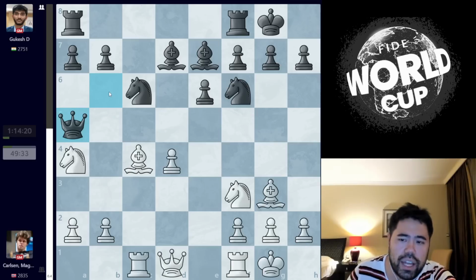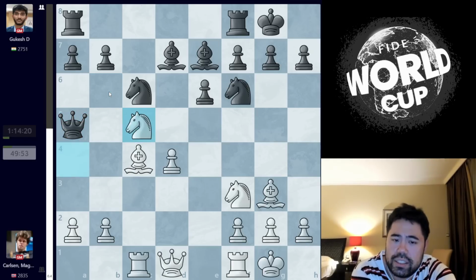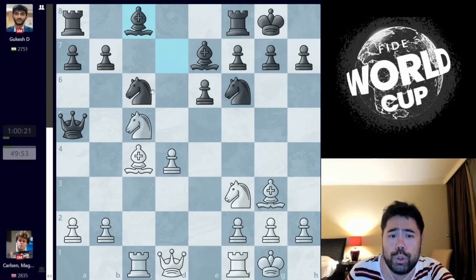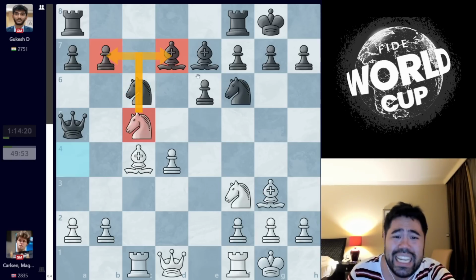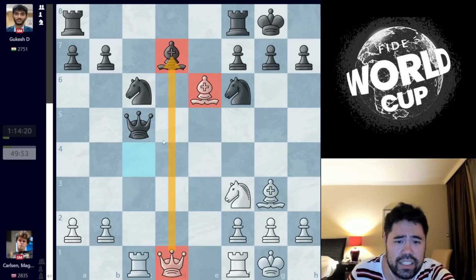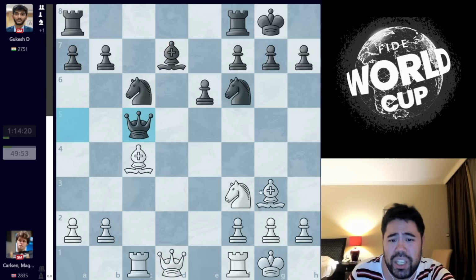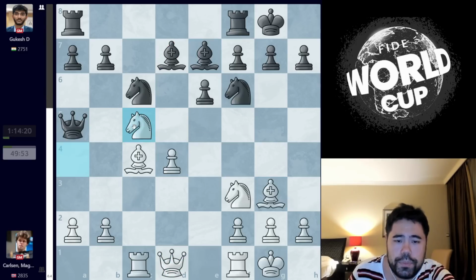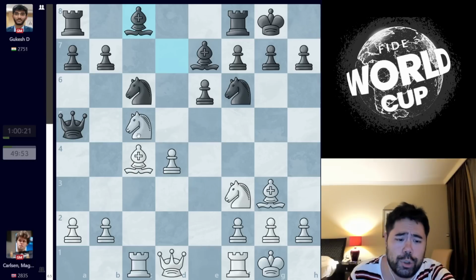Gukesh plays queen to a5, and now Magnus goes knight to c5 here, trying to put pressure on both the pawn on b7 and the bishop on d7 at the same time. Now here Gukesh retreats the bishop to guard the pawn. He does not try to grab a free pawn here by trading and taking, because White can create the classic fossil with bishop takes e6, attacking the bishop and the queen, or even bishop d6, winning the rook or the queen as well. So bishop c8 is played here by Gukesh.